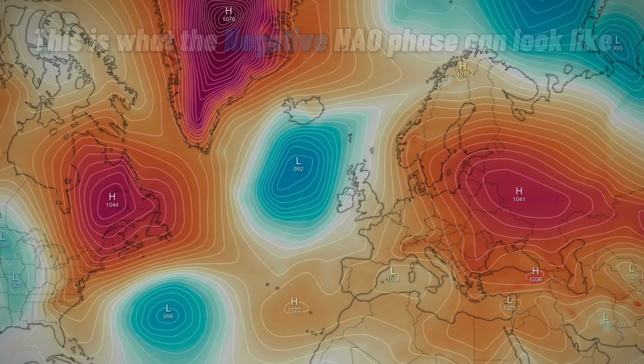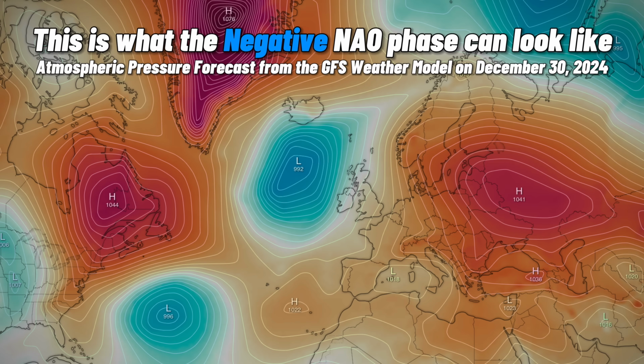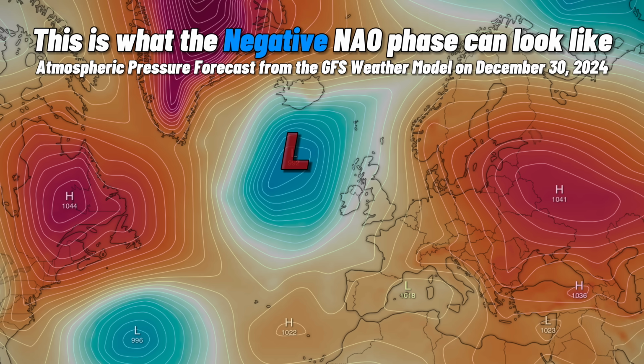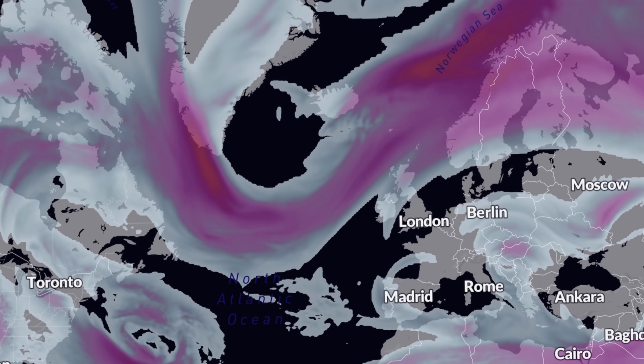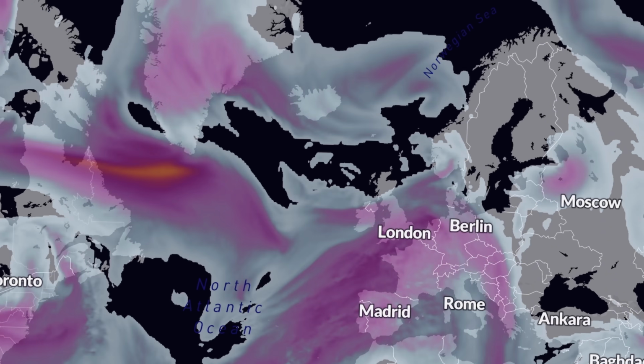Now, the negative NAO phase, on the other hand, is arguably much more interesting. We see a weaker than average Icelandic low and Azores high in this case, which means the atmospheric pressure difference between them is smaller. This causes a more variable jet stream, so Europe tends to see a less pronounced and persistent westerly influence. This, in turn, can mean less rain and mild Atlantic air being pushed into the continent overall,